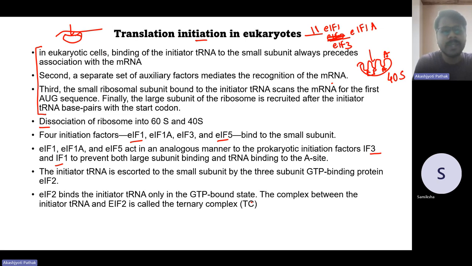So in the first step, what happens? First step, the initiated tRNA. So if this is the small subunit of the ribosome,